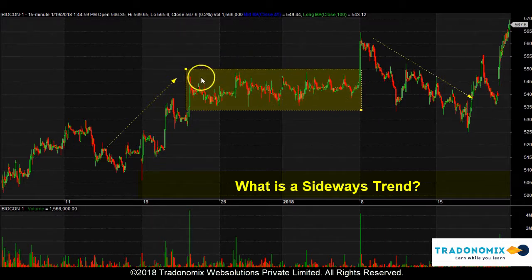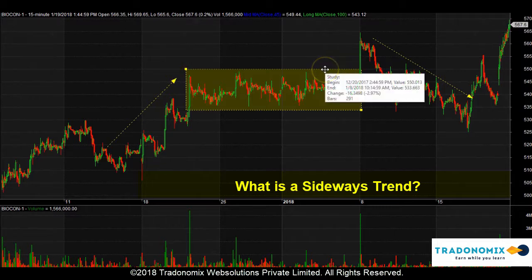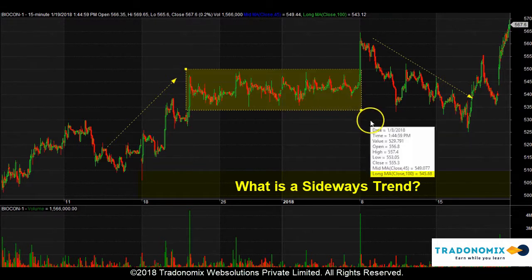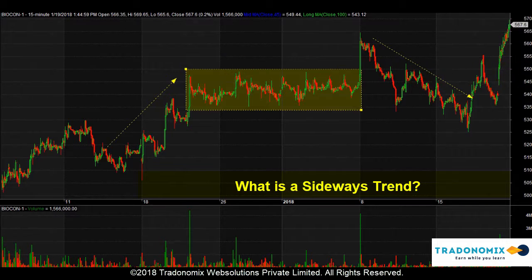So it's in a kind of indecisive phase where higher price points reach a level such that it does not allow for further price movements higher. And there are certain price points at the lower level which try to obstruct the price moving further down. So we call the high points, or the level formed here, the resistance, and the lower price range, which does not allow the price to fall further, we call this level